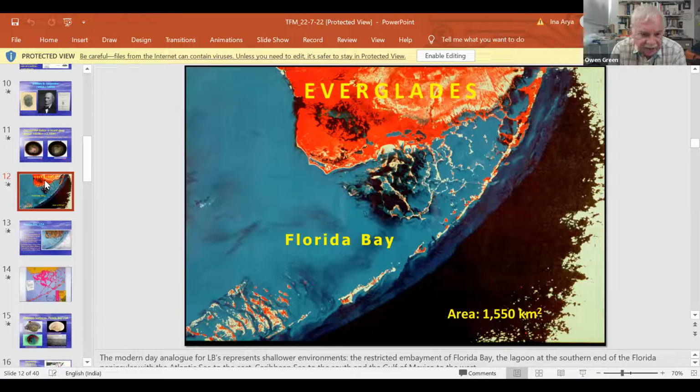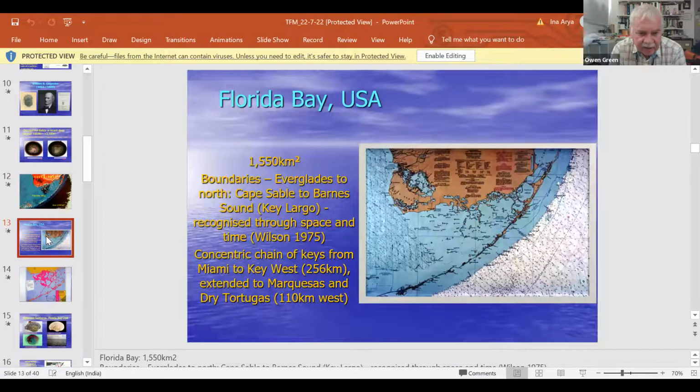And if we go on to the next slide, please. We'll see that it's quite an extensive area, extending from Cape Sable over on the left-hand side, over to Key Largo, which is on the right-hand side, behind the barrier islands. This concentric layer of islands runs down there, and it creates, if we go on to the next slide,